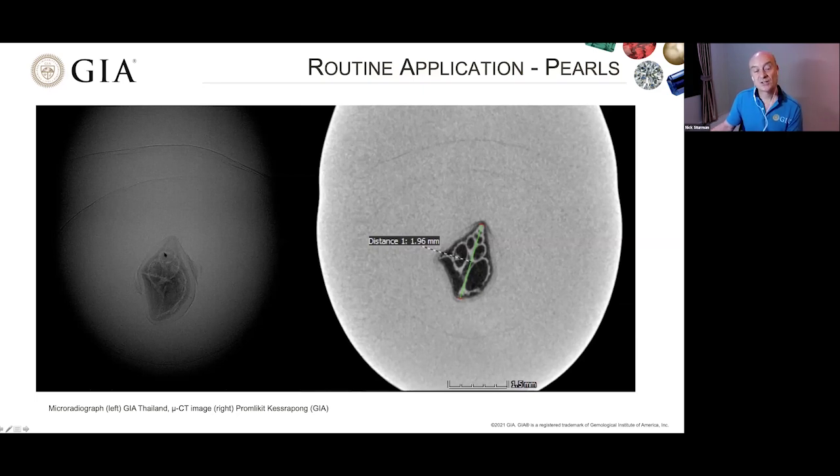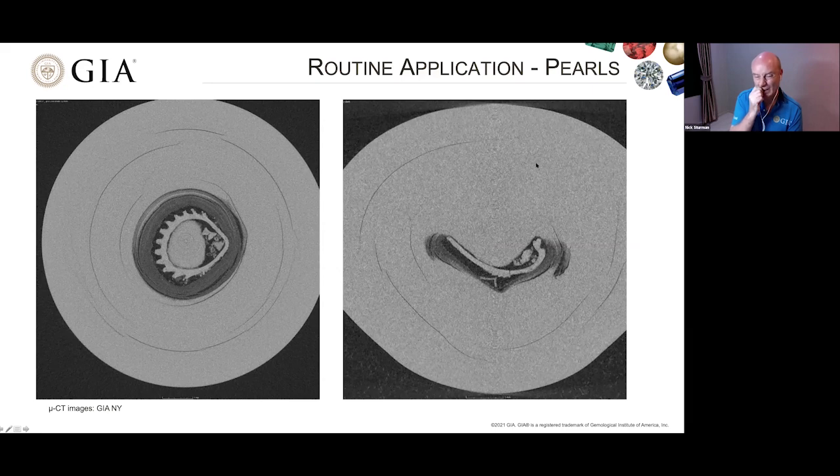But because it was so interesting and we realized that it was almost certainly a shell, we wanted to double check and get even clearer images. So we used the CT unit, and here we have very clearly, and we could measure the shell. So in actual fact, in the longest direction, it's just under 2 millimeters. So it's very small. Of course, we considered this a natural pearl. And this is another one. So it shows you the detail that you can actually see on some of these unique pearls.